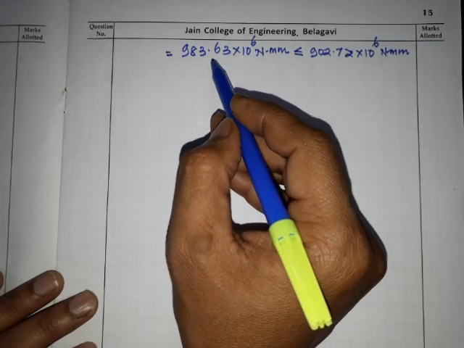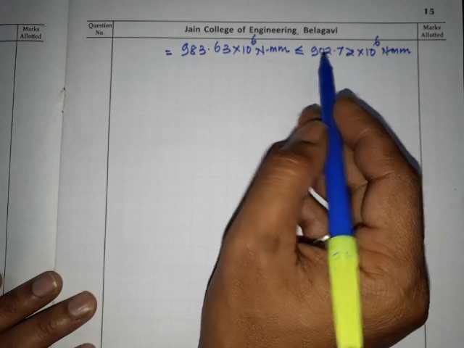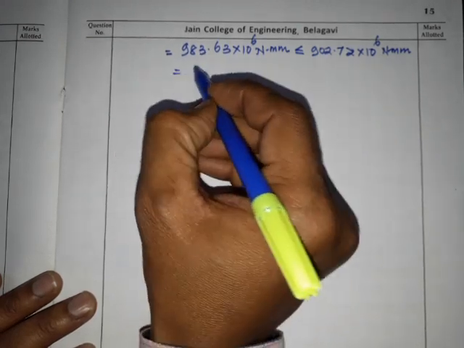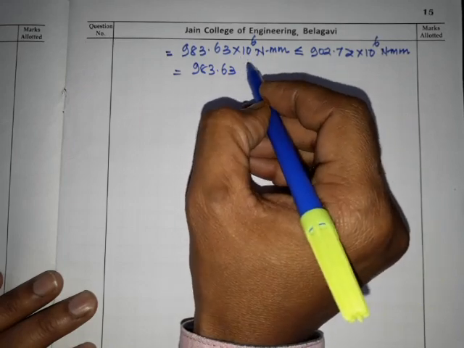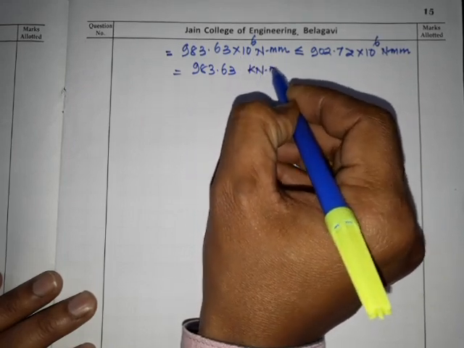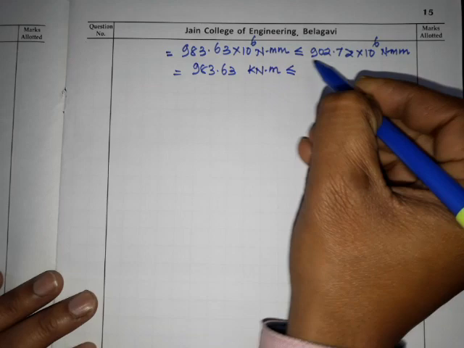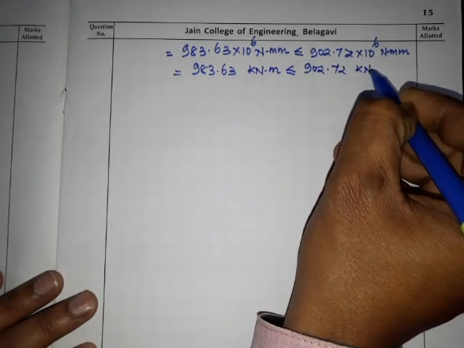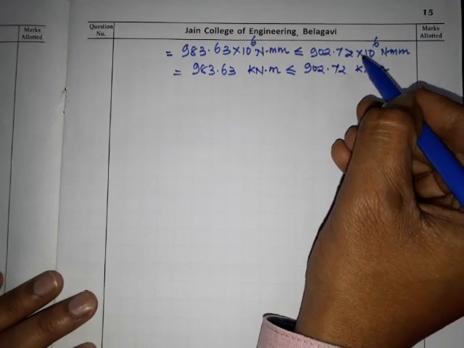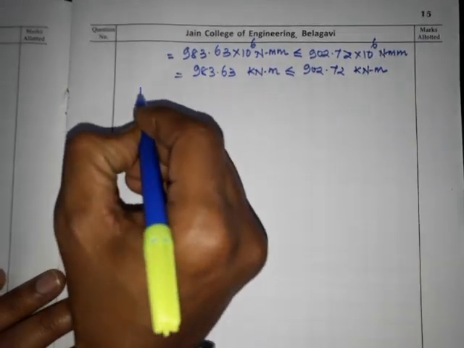So this is with respect to plastic and this is with respect to elastic, or nothing but 983.63 kilonewton meter less than or equal to 902.72 kilonewton meter. Okay. So hence